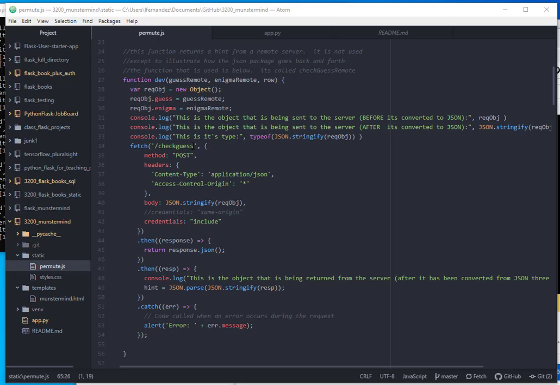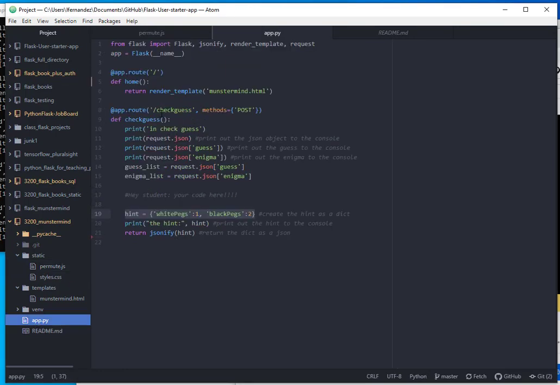The request that is being sent to the server is check guess. And so on the server side, that's routed to the check guess method. The check guess method receives the JSON, and it can extract the key value pairs, the guess and enigma, and turn them into lists. And then it's your job to look at these lists and figure out what the hint is,